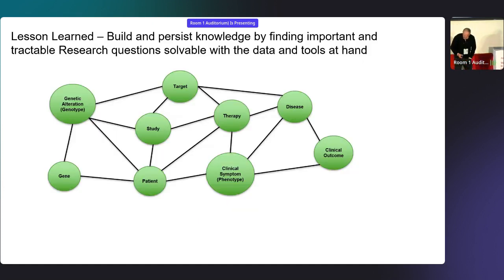So I'm not done with the lessons. One is, you're probably wondering, when is he going to get to talk about graph? Where's the knowledge graph stuff? So we